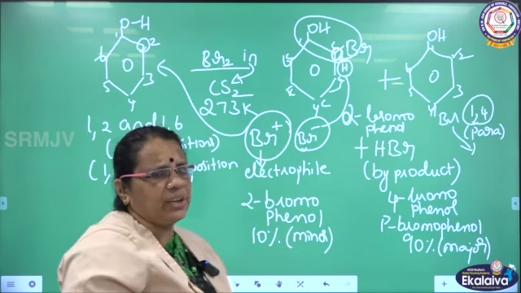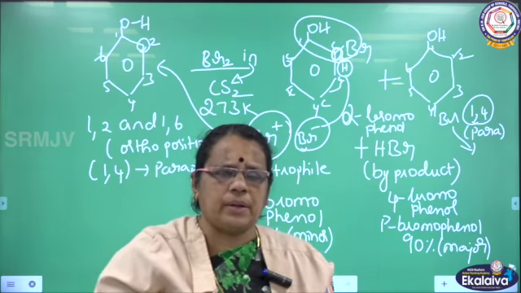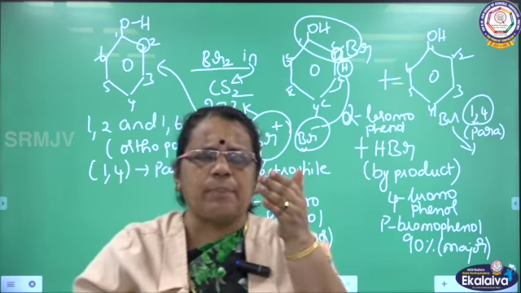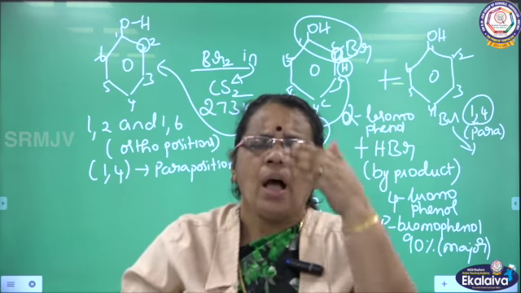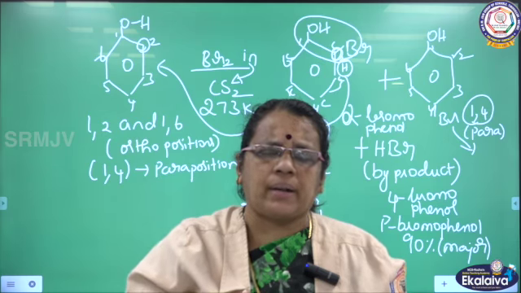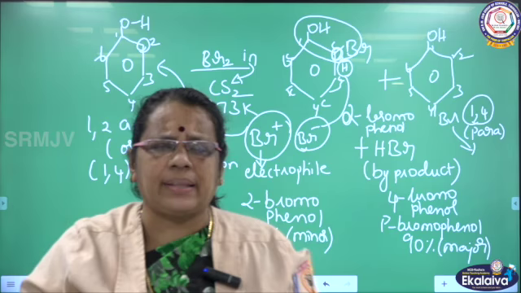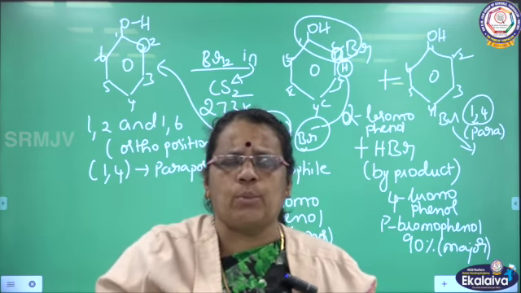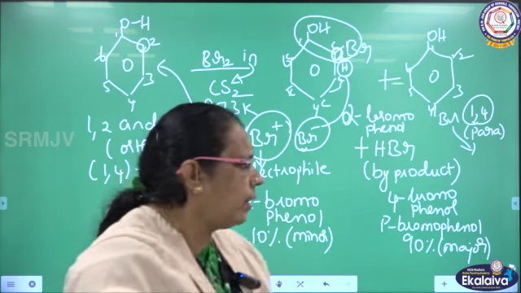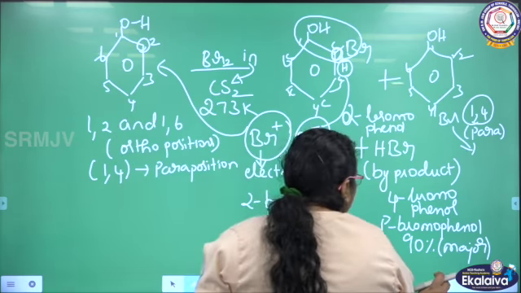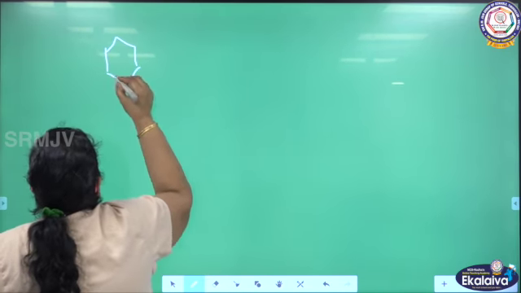So here in bromination, there are two different substitutions, ortho substituted and para substituted. For ortho substituted, the maximum possibility is only 10%. So I am getting 2-bromophenol or ortho-bromophenol as a minor product. 90% possibility is at the para position. So I am getting 90% para-bromophenol or 4-bromophenol, which is a para substituted product, as the major product. The next one we are going to talk about is what happens when phenol undergoes bromination with bromine water.